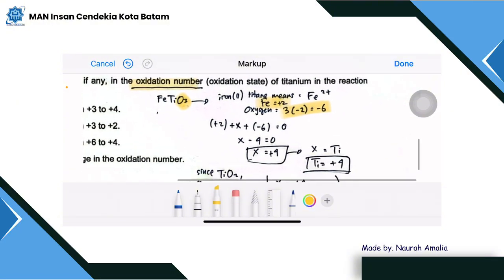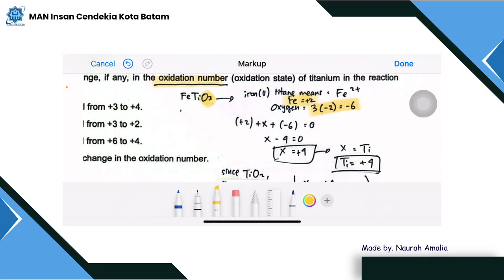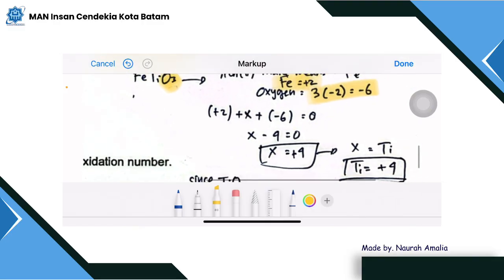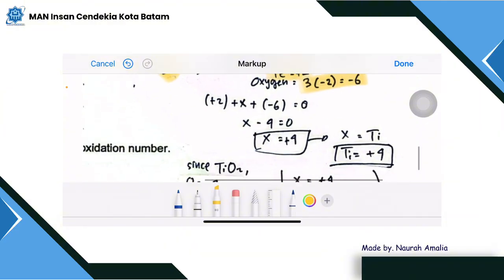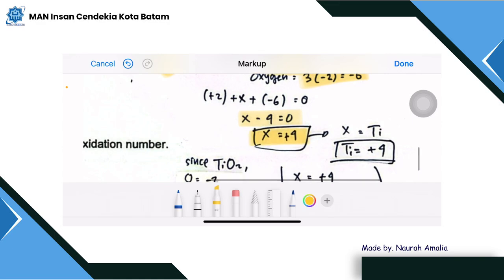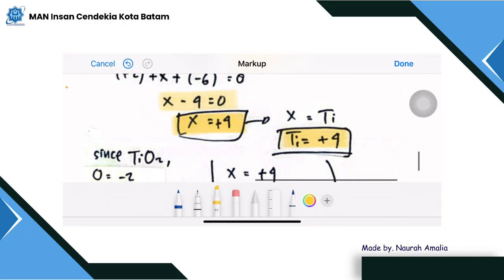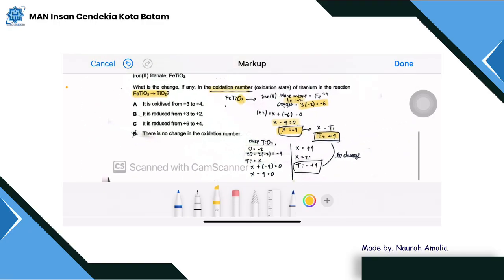And then if we need to know the titanium, let titanium equal to x, so plus 2 plus x plus minus 6. Minus 6 means this is the total of oxidation number from FeTiO3, and then x minus 4 equals to 0, so x equals plus 4. So the oxidation number from the titanium is plus 4, and then